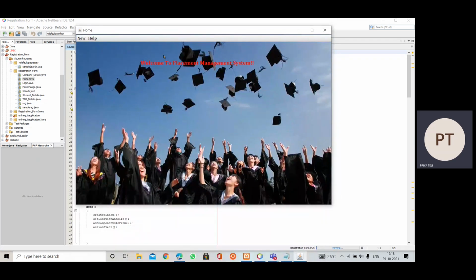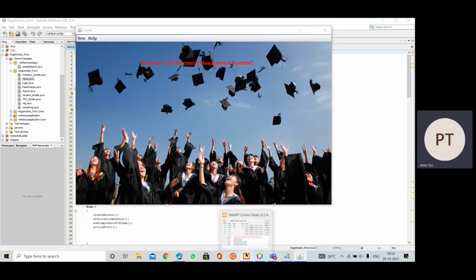In this way our home page will appear. So first of all, to perform all the operations regarding the placement management system, or to save all the details of students and the TPO, that is the training and placement officer of our college, of our specific department, we need to first save their details to the database.